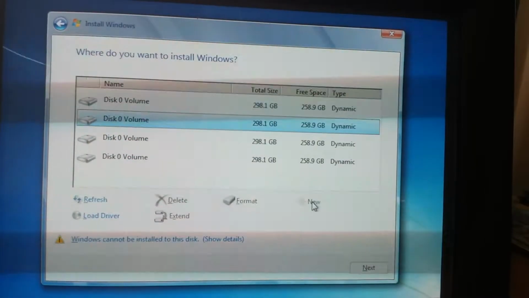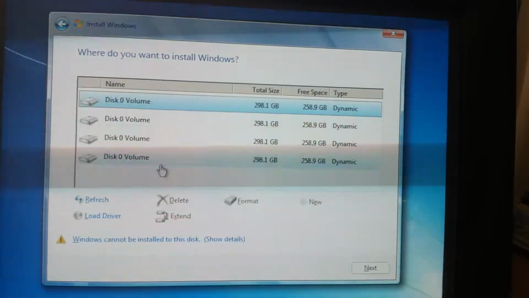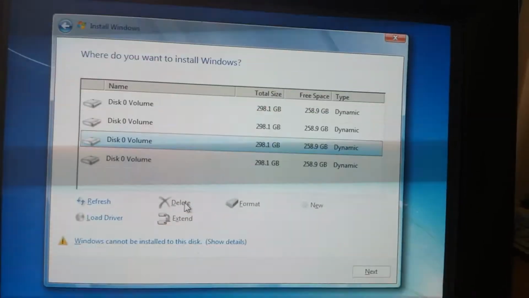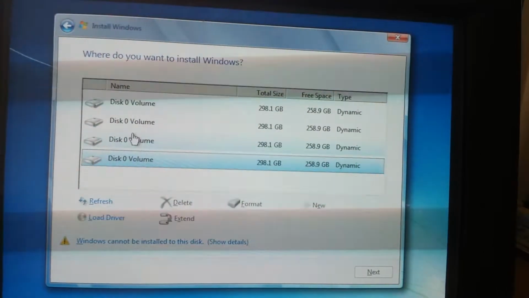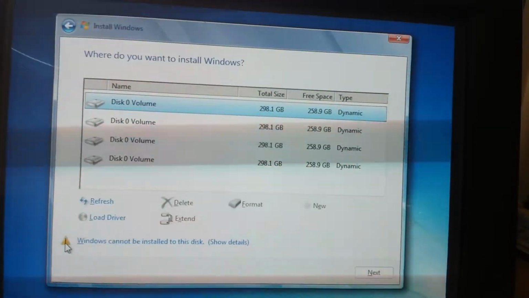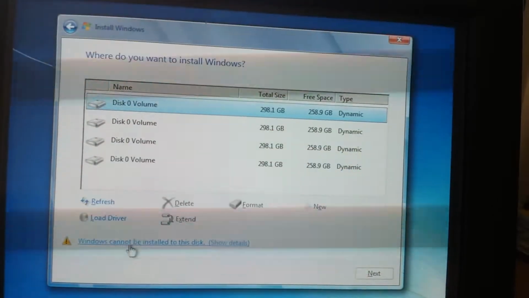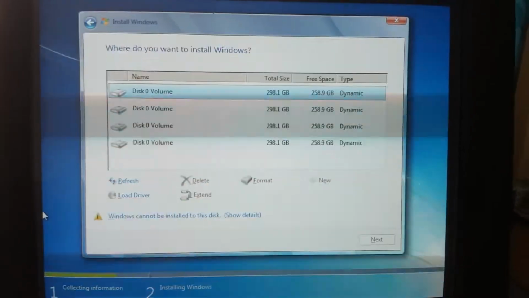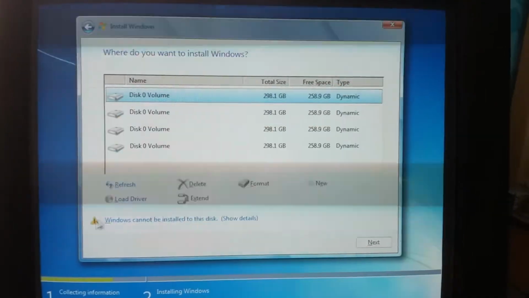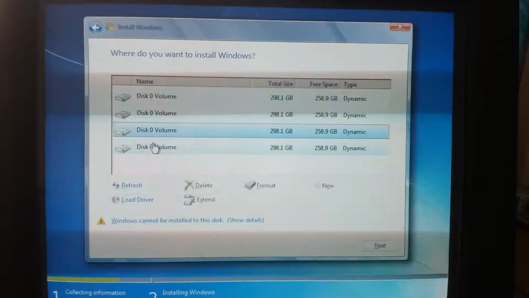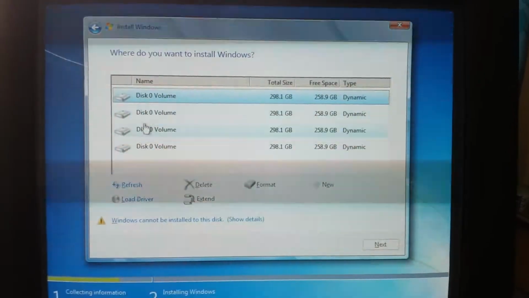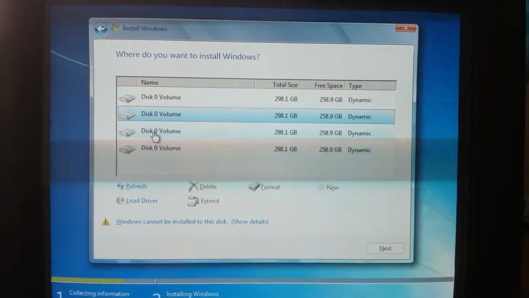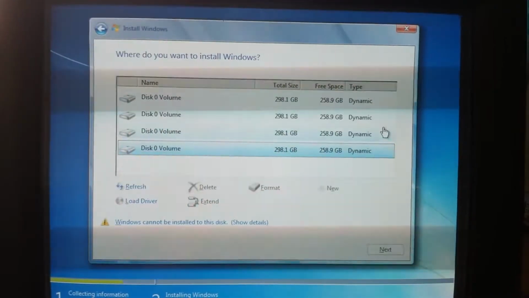So I can go here in the drive options. So I'll try to delete each partition, and that is also not possible. See here, you can see this is the message which is coming. So this sign is an indication that I will not be able to operate on each volume which is already partitioned in this hard disk drive. So I'm closing it,